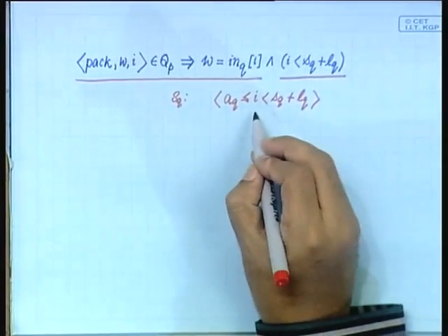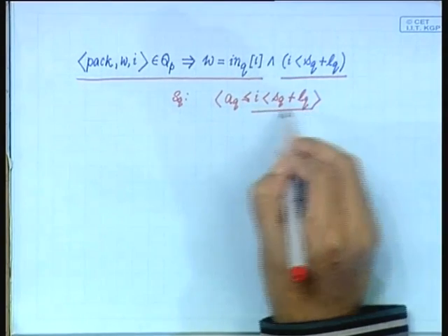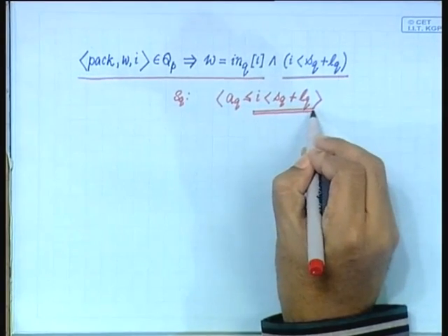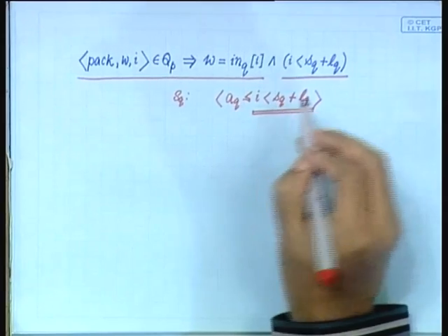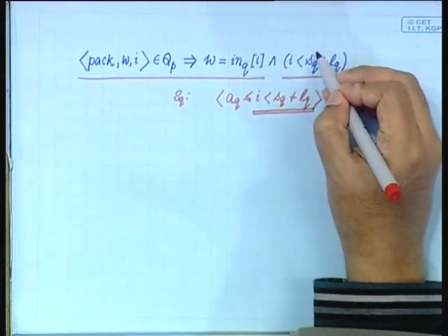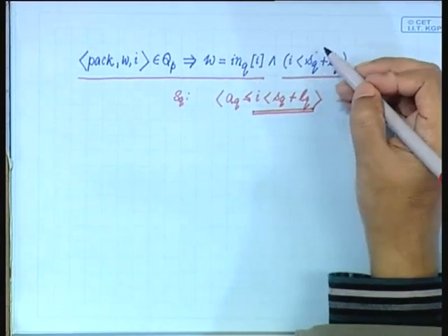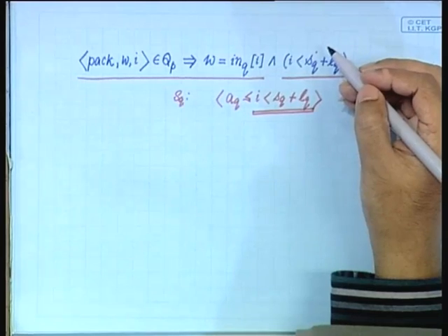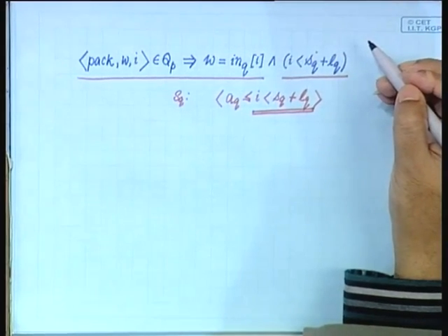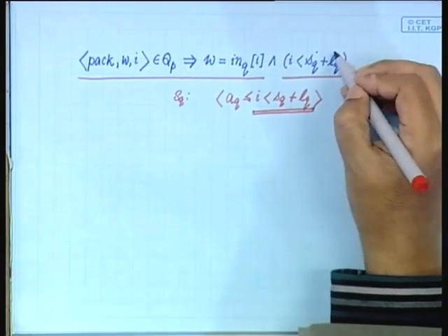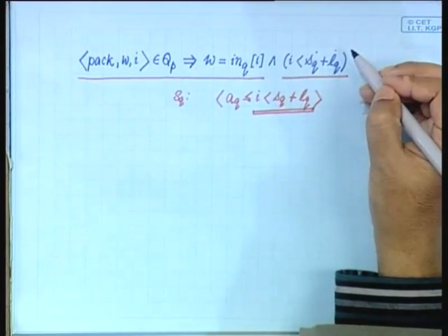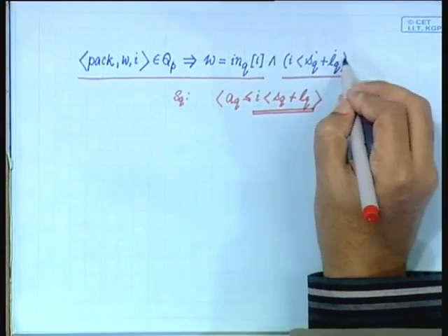Now, to observe that it will hold also after the packet has been sent, we observe that SQ can only increase. By definition of the protocol, we only increment SQ, it can never decrease, and LQ is a constant. So, this side can only grow,